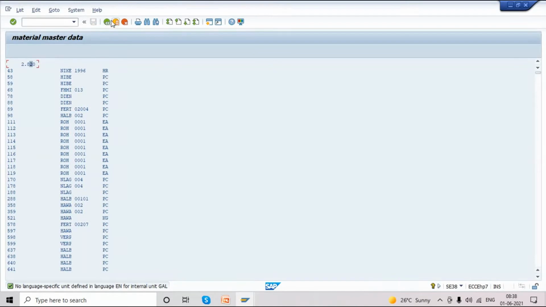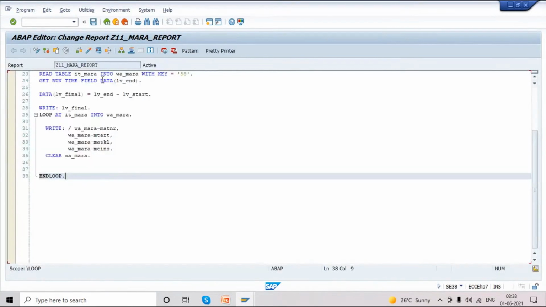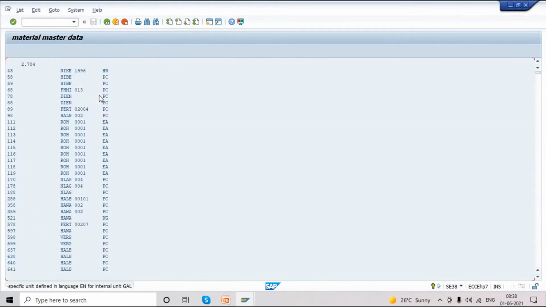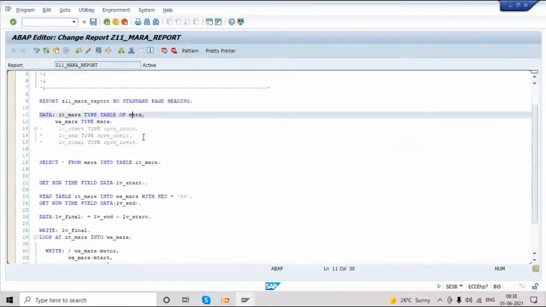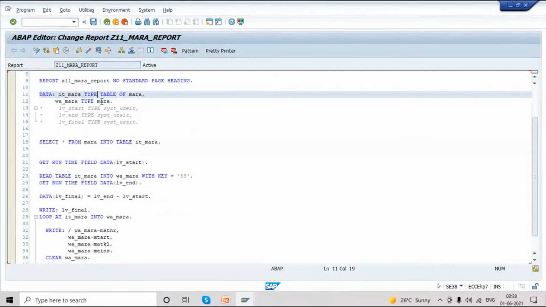Okay, so it will change. We are looking for number 58. I'll execute again. 2784. It will be changing, but it is too much time. This time we are in a standard table. Now I'll mention sorted table.